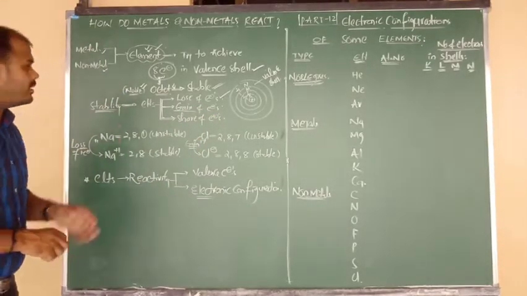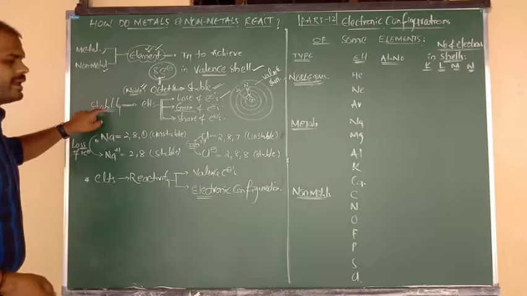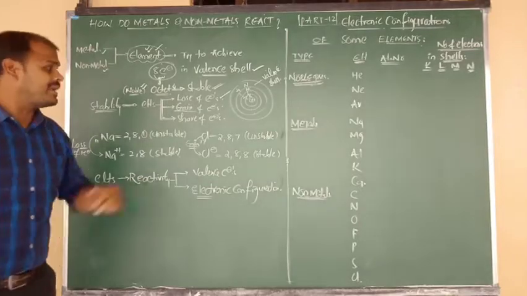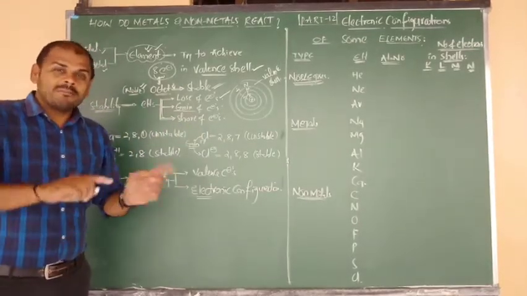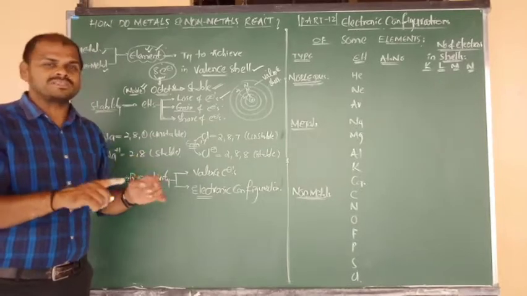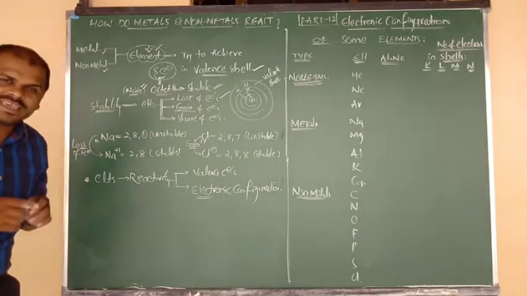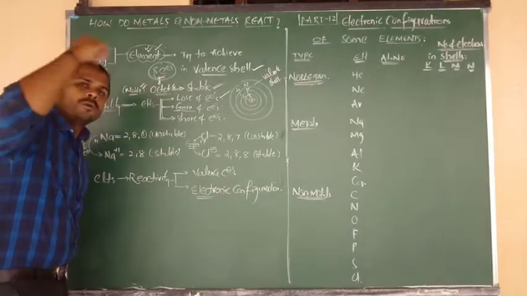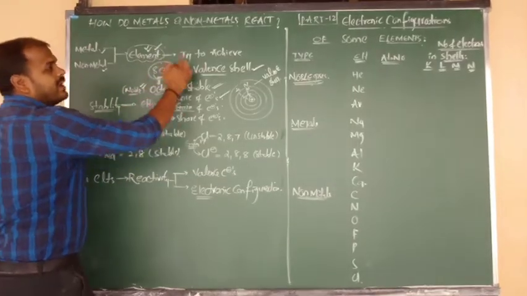Get the stability. So elements attain stability sometimes by losing electrons, sometimes by gaining electrons, and sometimes by sharing electrons. By any one mechanism, elements get what, beta? Stability. Once again, to get stability, an element should contain 8 electrons in its outermost